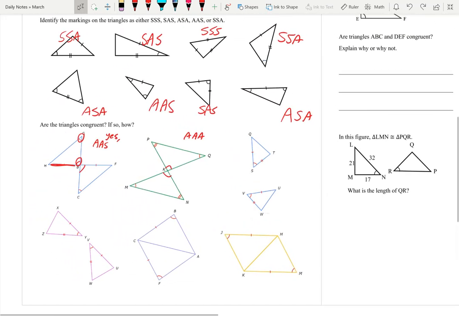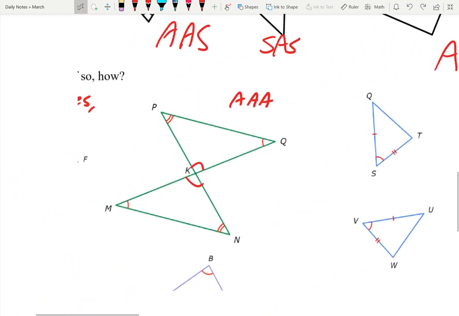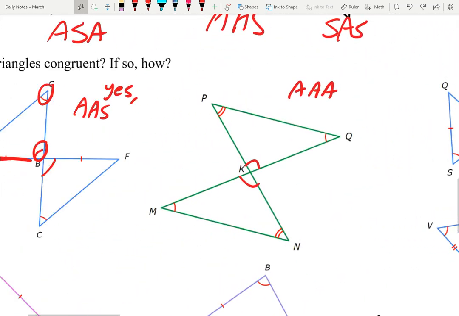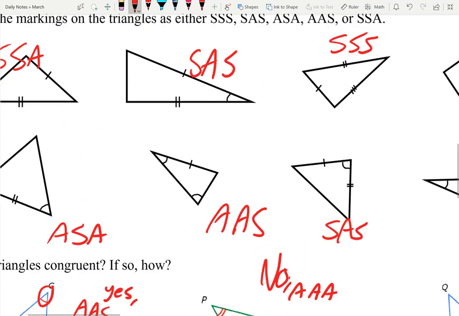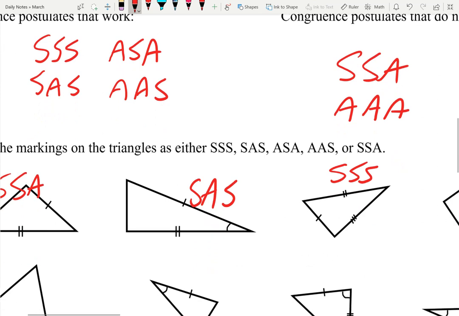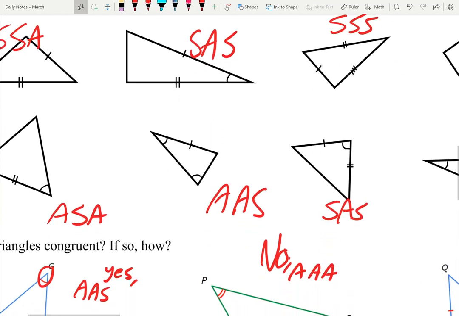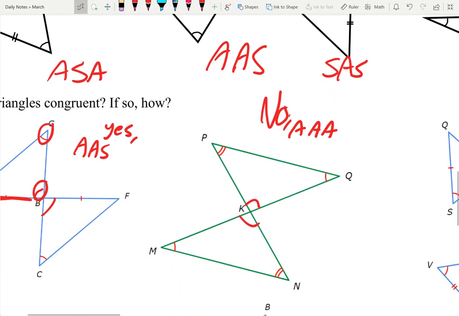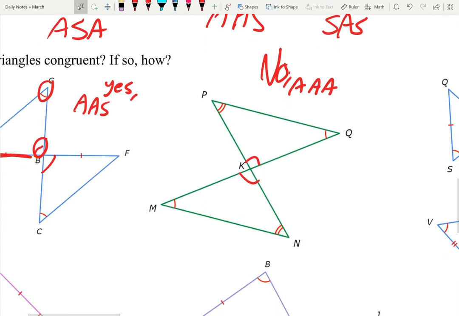Oh, okay, here we go. Just trying to get this back working. Angle is not one of those. So this is going to be a no. If you want to add that to the list of ones that don't work, you can. Angle is not good enough to prove congruence. It does prove similarity, but similarity is not congruence, and similarity is what we're going to talk about in the